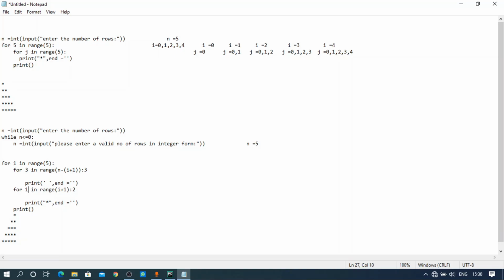And now k will be incremented, so k will become 1. 1 in range of 2 is true, so it will print this star. After that k is incremented again. 2 in range of 2 is false, so it will come out of this loop and move to the next line. Likewise i will be 2, i will be 3. In the same way, if we repeat the loop again and again, we will get this pattern.